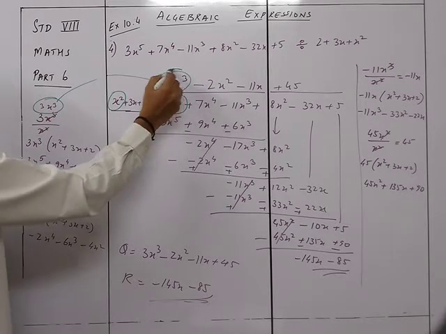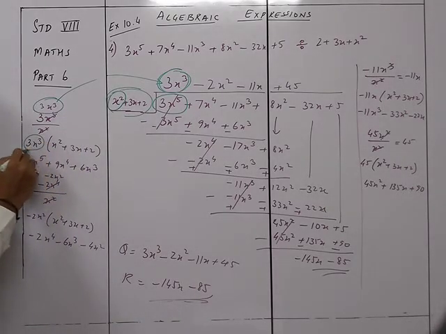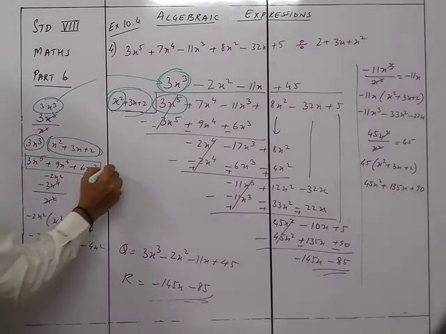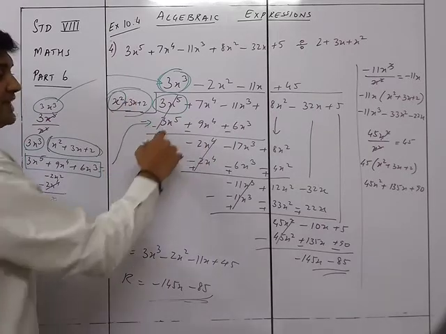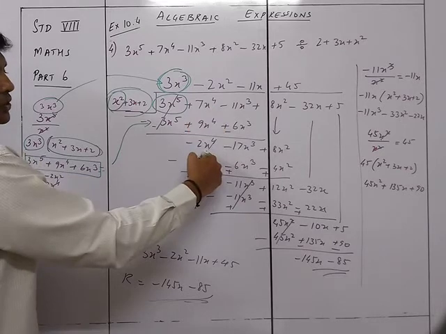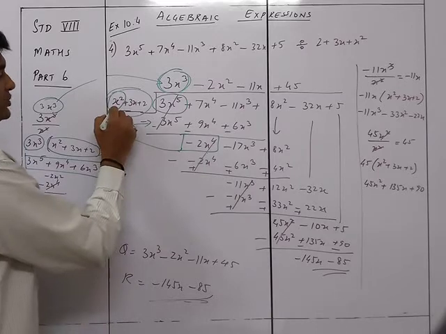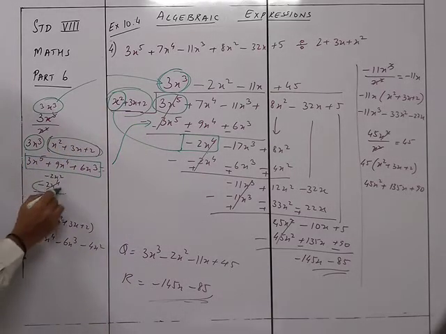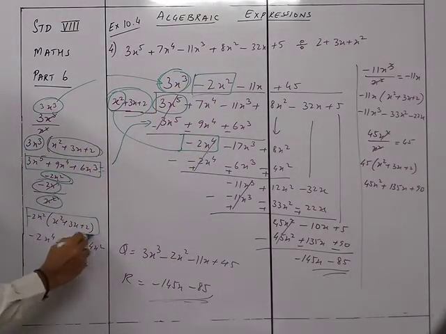Okay? Then you multiply this with this whole term. That is, this term with this whole term. So you get this value. This value what you get, you place it over here. You subtract over here. Subtraction यानी signs change. Columnar method. So signs change. You get a new value here. This new value again you divide with x square. So we get over here new value divided by x square to give you a new quotient. So the quotient will be this part. Now this part again you multiply with the divisor.